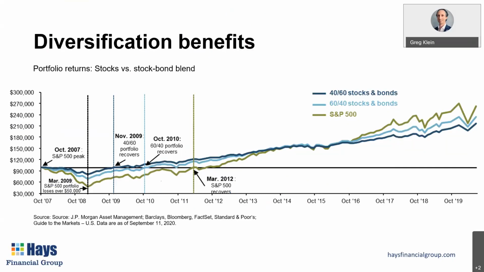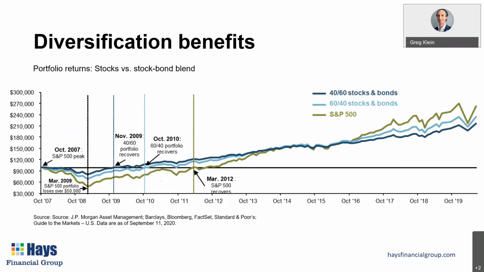It took 3 years to recover, where those other portfolios that weren't 100% stocks, they had some lower risk bonds and cash, they recovered in under a year, or maybe just over a year, where the stock portfolio took about 3 years to recover. This time around in 2020, it did not take so long to recover. It was really quick down and quick back up. But this was the crisis before the pandemic. You saw in the financial crisis with the full stock portfolio, it took about 3 years for a full stock portfolio to come back.